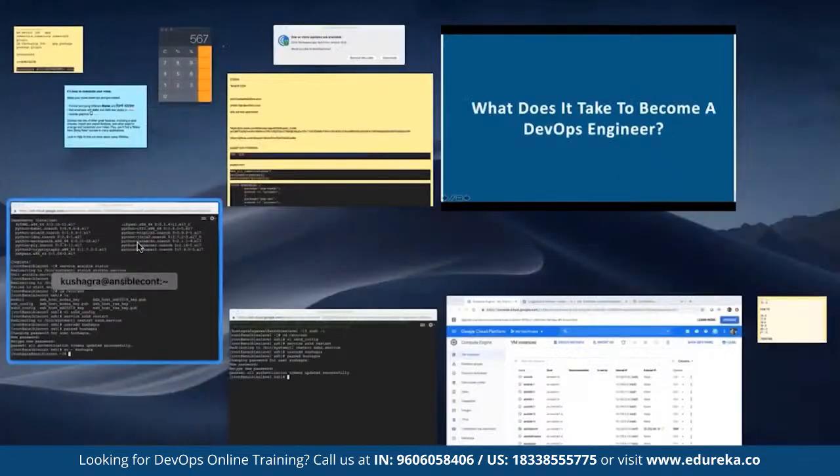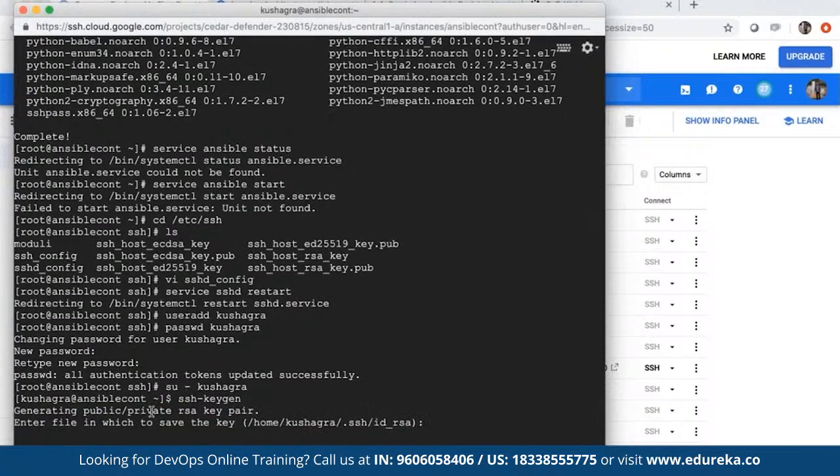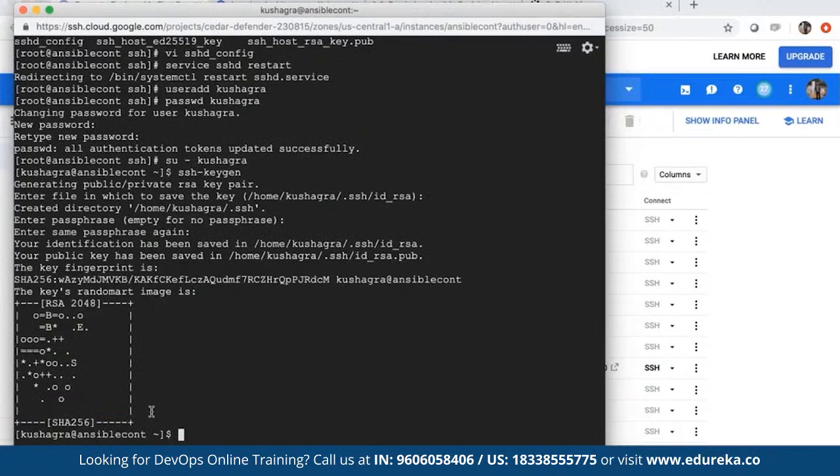Okay, so now let's go to the master node. How to generate the key? Simple one-line command, ssh-keygen. You don't need to get any certificate or anything like this. Just press enter, I want the default file. I don't want any passphrase. My public-private key got created. Now I need to share this public key to all the different nodes